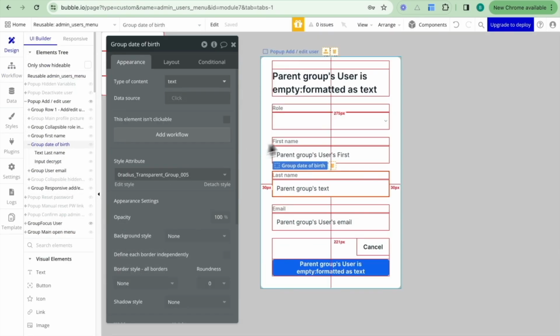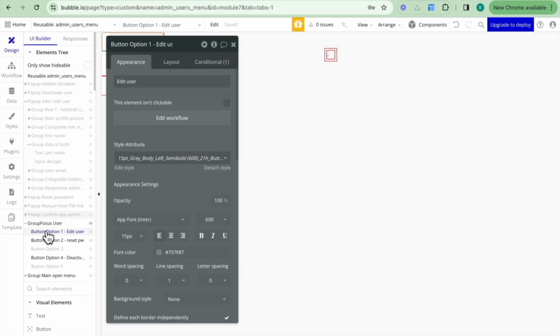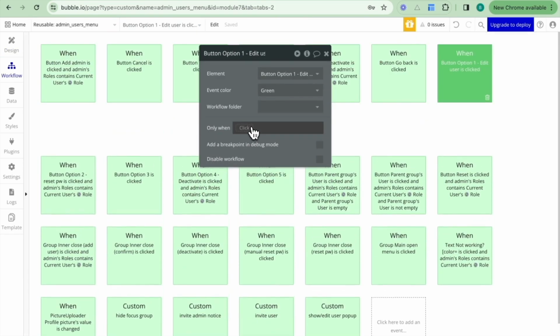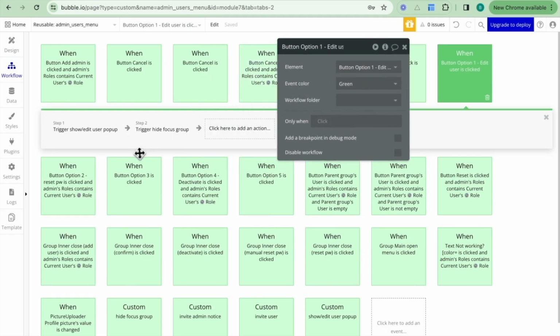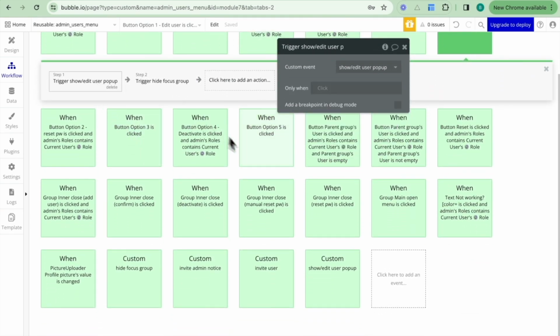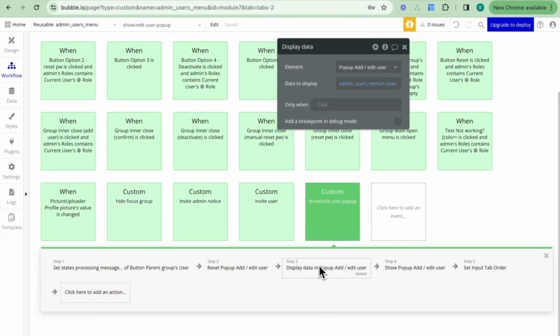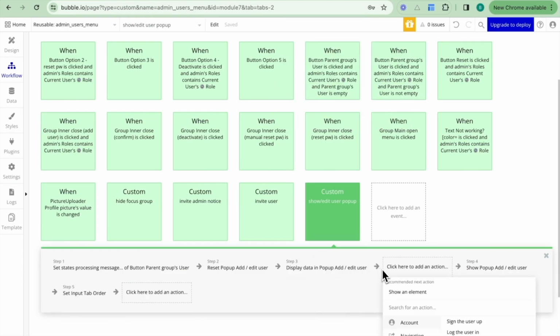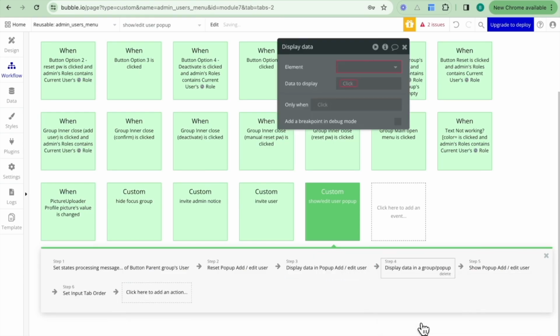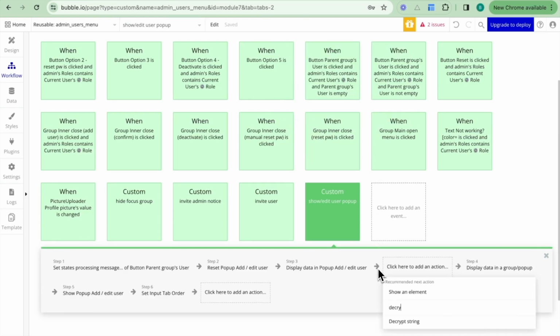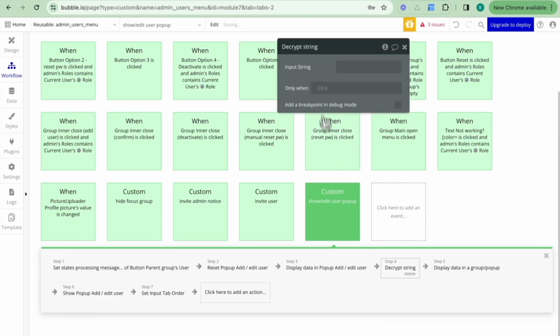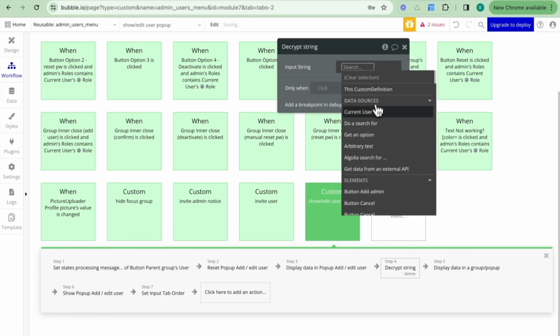When the person clicks on button option edit user 1, we trigger show edit user pop-up, and if I edit that workflow, what I want to do is add something which is display data, but before that I want to go decrypt string. The input string is